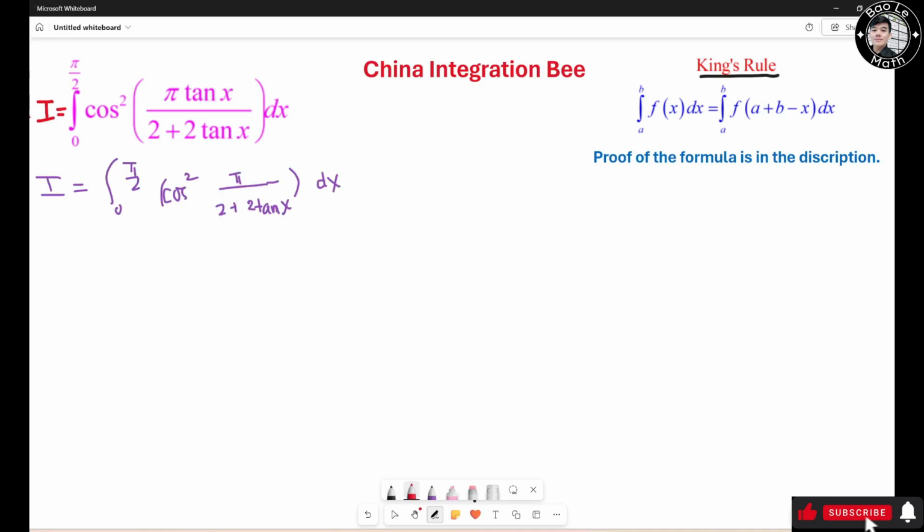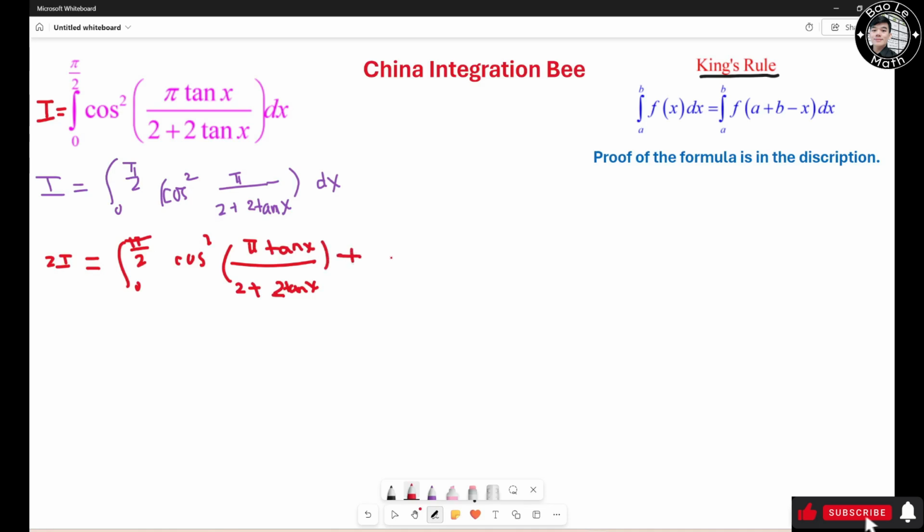Now I'm going to add these up, so we get 2I equals the integral from 0 to pi over 2 of cosine square of pi tangent x over 2 plus 2 tangent x, dx